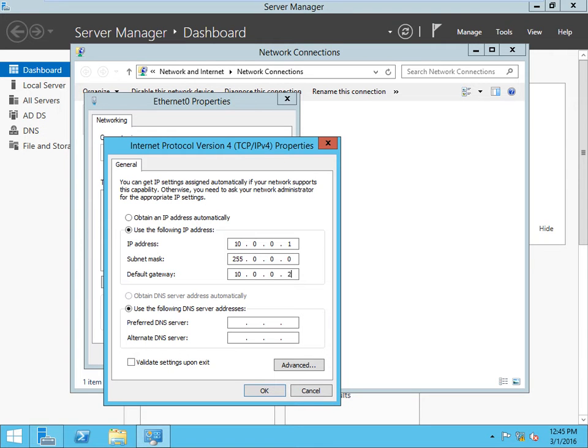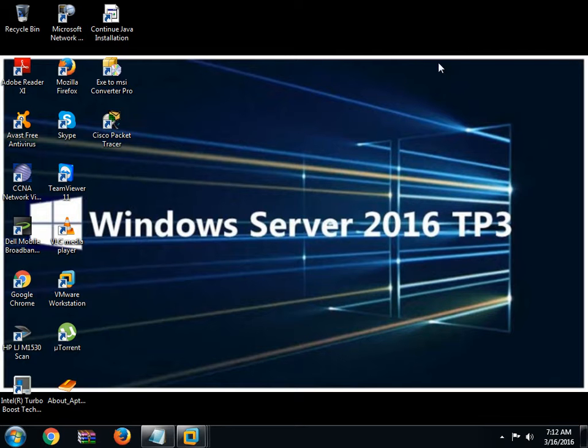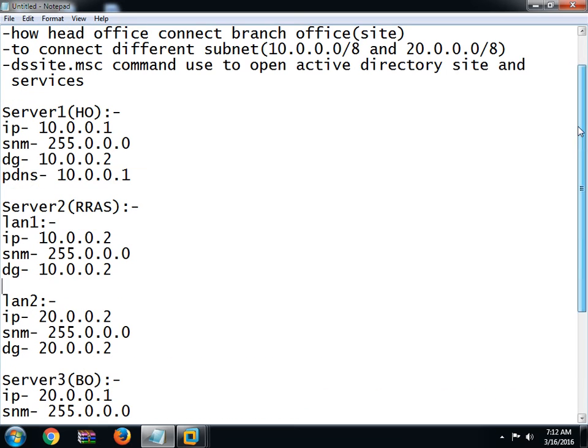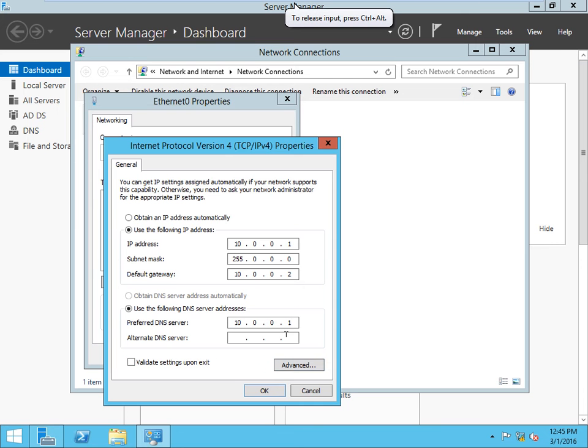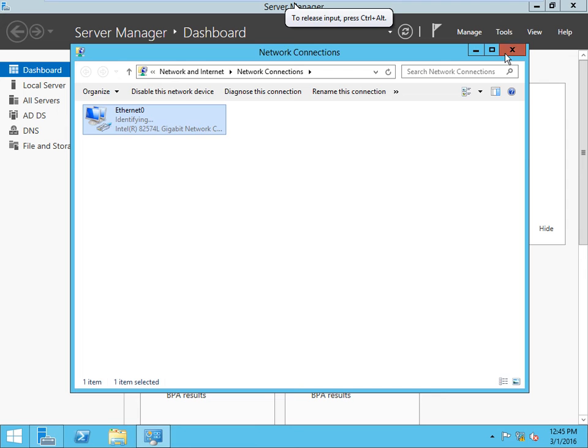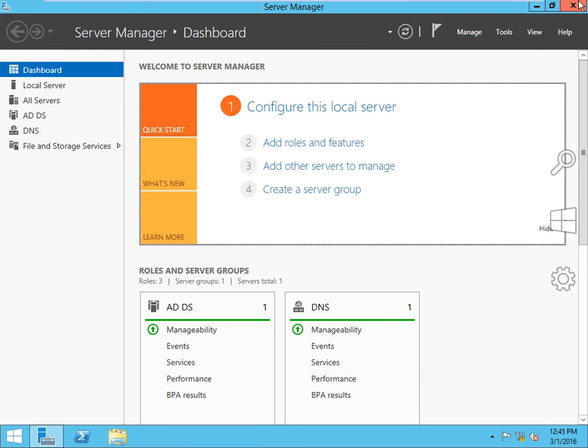Gateway is 10.0.0.2 and DNS is 10.0.0.1. Same IP. I can show you with the notepad file. Server 1, see 10.0.0.2 default gateway. Press OK. OK. Close this.